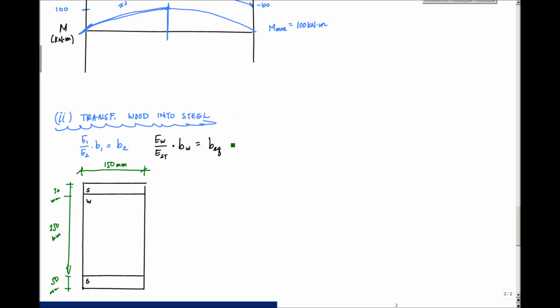This B equivalent is going to be 10 GPa over 200 GPa times the width of the wood here, which is 150 millimeters. And punch that into my calculator, and that gives me 7.5 millimeters. So my transformed section, here was my composite section, my transformed section all in one single material